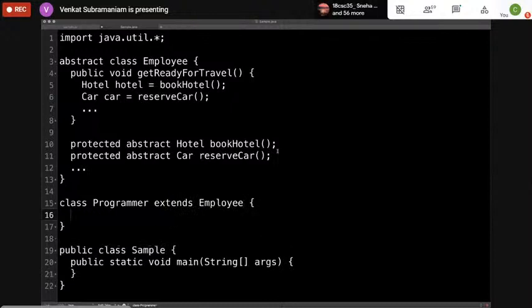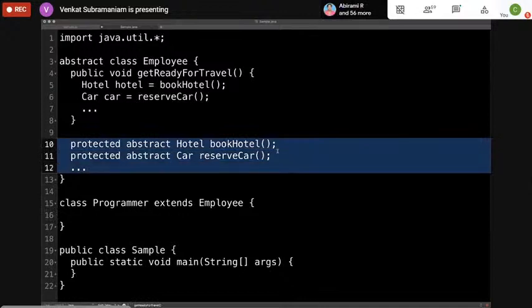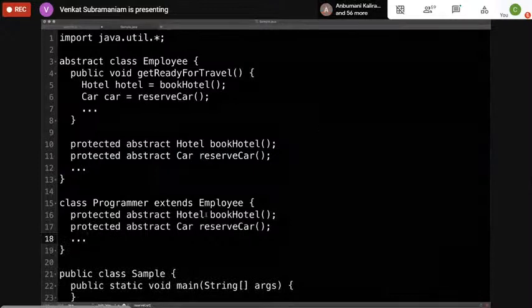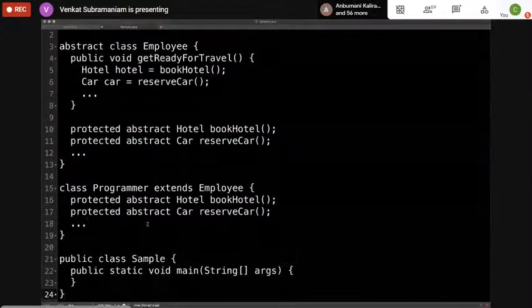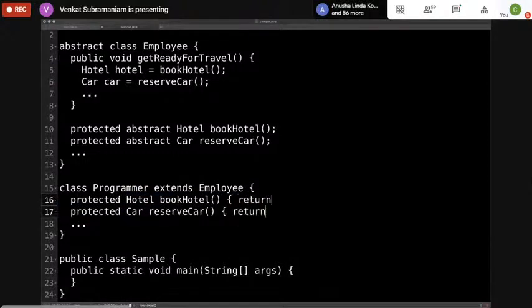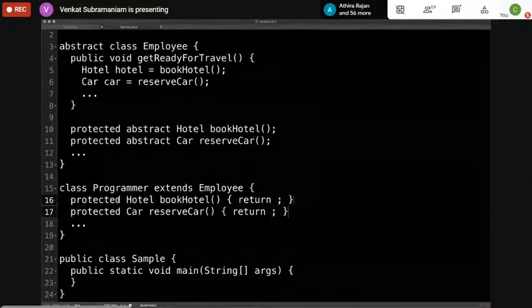And what does a programmer do? The programmer then says, I am going to have the implementation of these methods, wherein I'm going to say the book hotel, these are no longer abstract in the programmer, and I'm going to simply say, what do I do? Return.